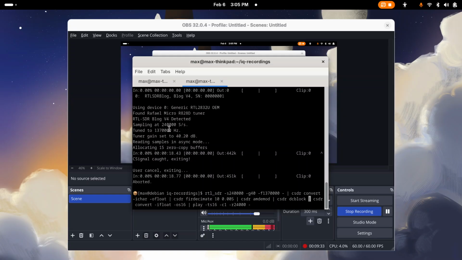Now another thing, you could also tell that the audio is super quiet. One way to fix this, which I did somewhat, is just turn the gain way up. Another way you can do it for AM signals is automatic gain control, which is what I'm going to do here. So we're going to do another pipe, CSDR agc. Now we want the AGC to be limited. Obviously, if we don't limit it, we will get clipping. So we pass another pipe, CSDR limit. We're going to do 1.0. Now if we play it,